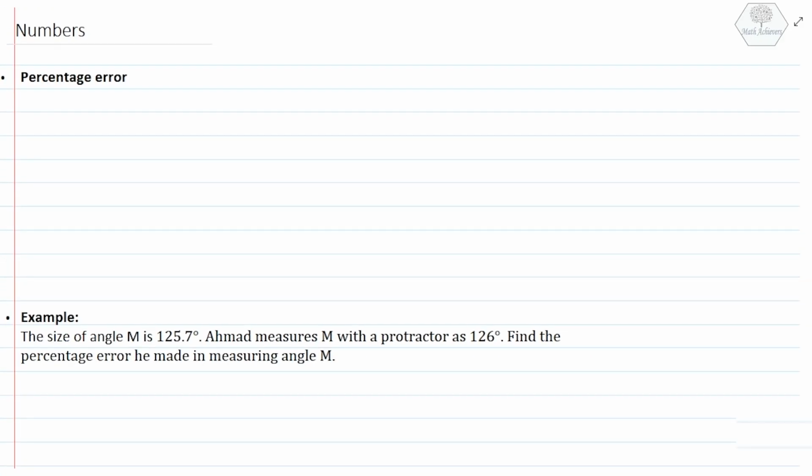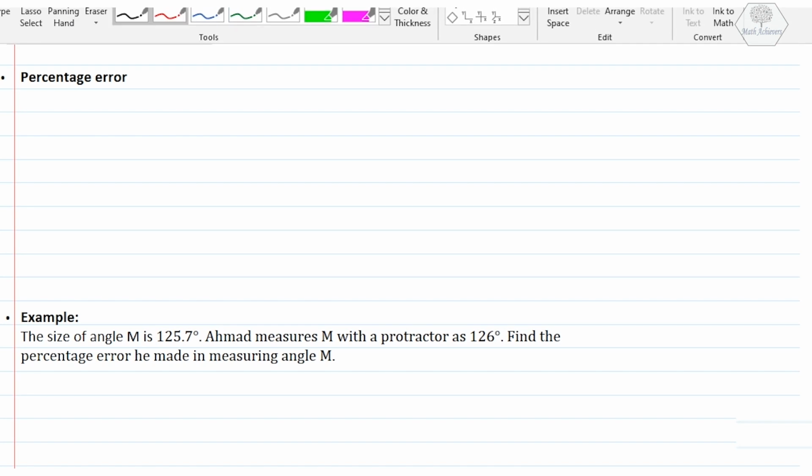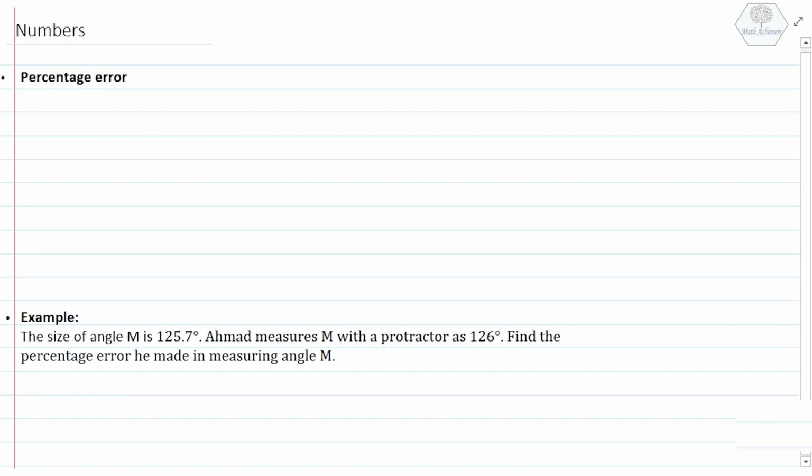Let's now talk about the percentage error. The percentage error of any measurement is simply equal to: P.E. is equal to the absolute value of the value approximate minus the value exact, over the exact value, times 100%,